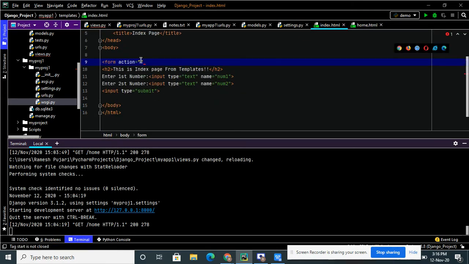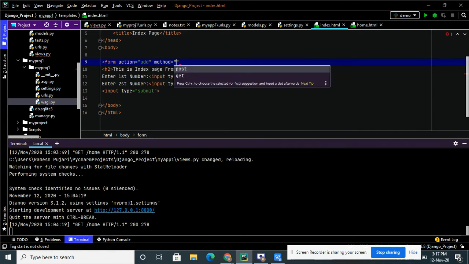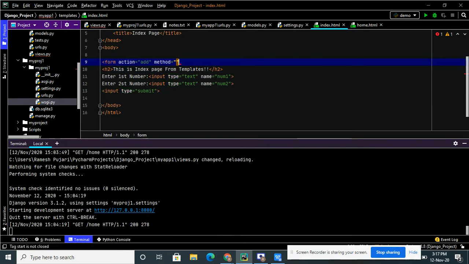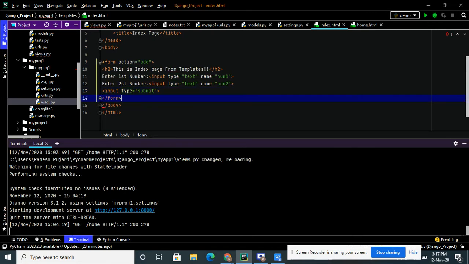So in index I have to take add. Add is my method, and if you are not mentioning any method name here, it will be taken by default as GET. As of now I will show the default only, then I will change it. After that I will close my form. You have to close it after the form. Now I have closed the form.